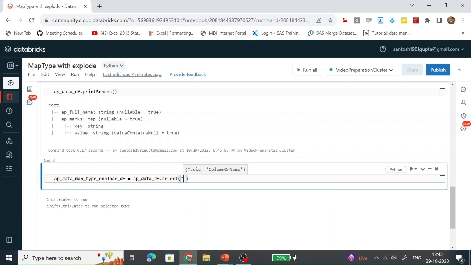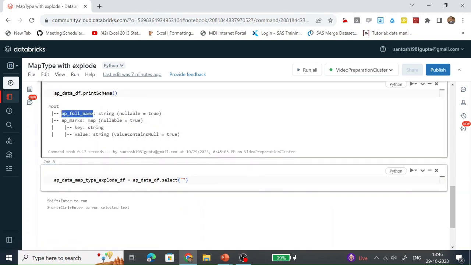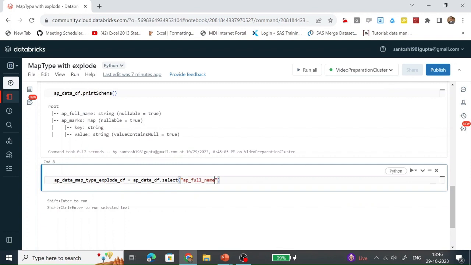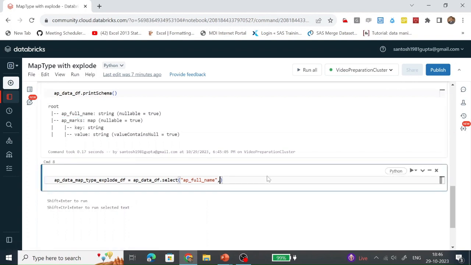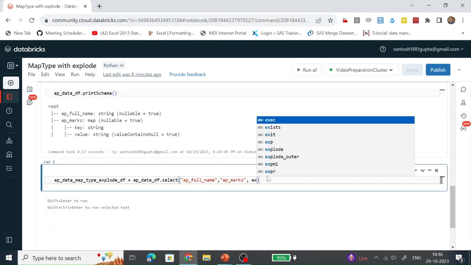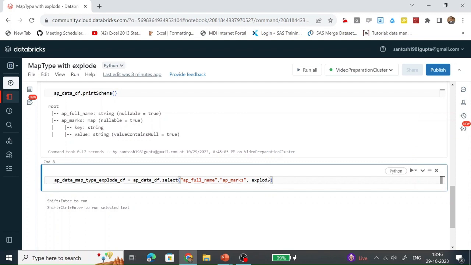The columns we are selecting are AP full name and AP marks, and let's put them in inverted commas. And next, we are exploding our map type column.